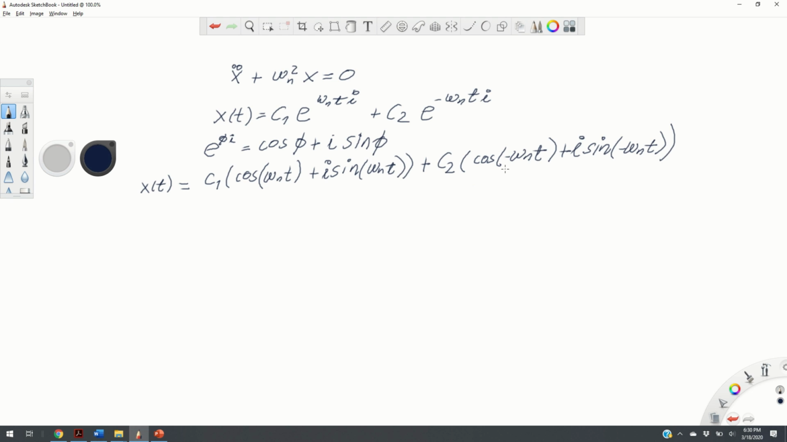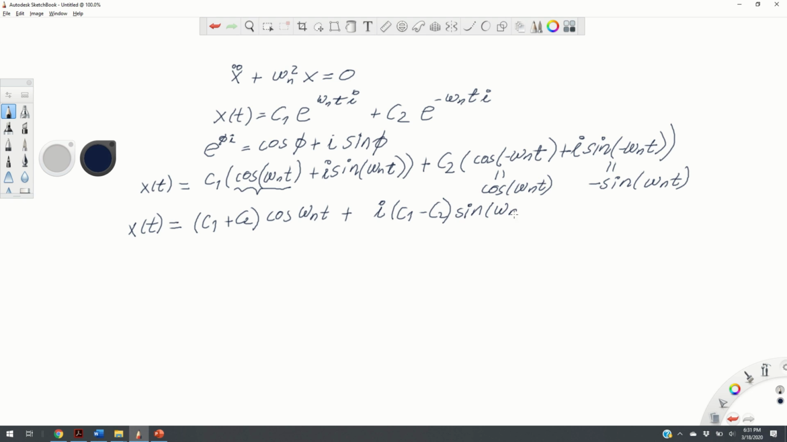Now, since the cosine of minus omega n t is equal to cosine of omega n t, and sine of minus omega n t is equal to minus sine of omega n t, we can write x of t by grouping the terms. We are going to group cosine and sine terms. So we can write c1 plus c2 multiplying cosine omega n t, plus, we group the terms that are multiplying the sine. It is i multiplying c1, and from this term we are going to have minus c2